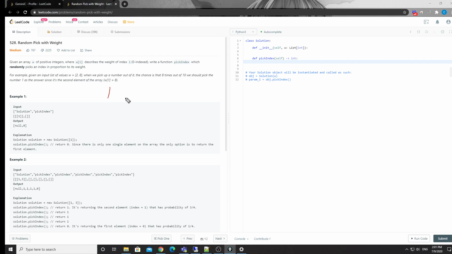Let's say we have 1, 4, and 8. For example, we have this array with these 3 numbers here. So what we're going to do is a prefix sum: 1, 5, and 13, right? Because the idea here is that the total pick range is going to be the total sum of all those numbers. And so basically, within the range from 1 to 13, which is the total sum of all the numbers, we randomly pick